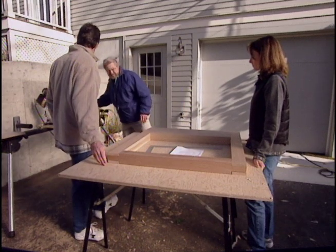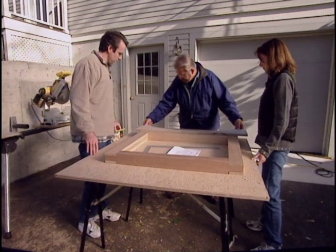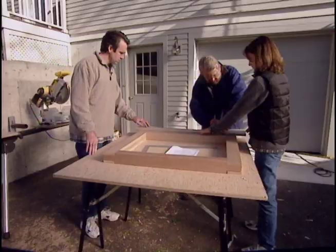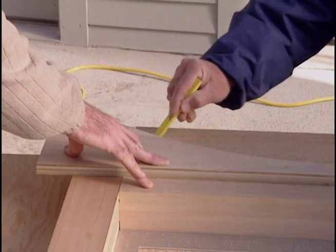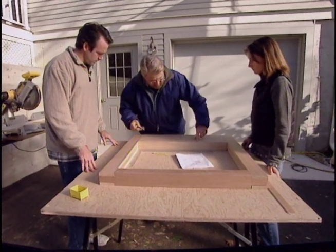And I've made up a template out of a piece of scrap plywood. So all we'll do is lay this on here, like this, and take a pencil and just draw this arch right around here, like that. Nice. Okay. The top curved rail will be 3 inches wide, so we need to draw a second parallel line